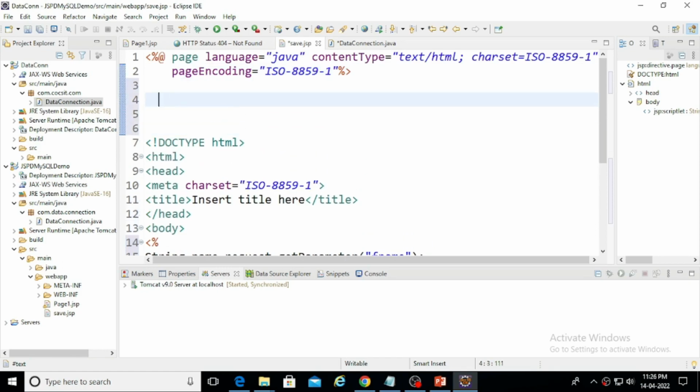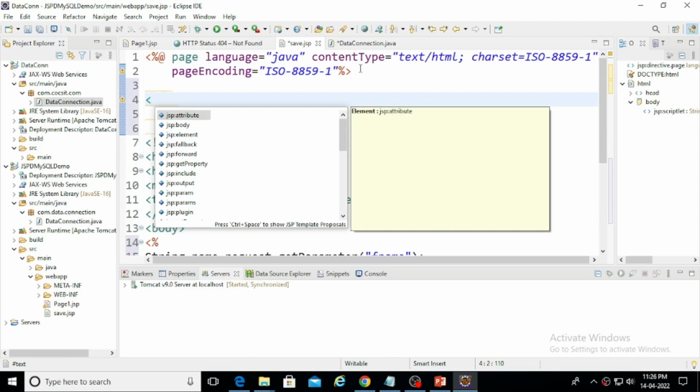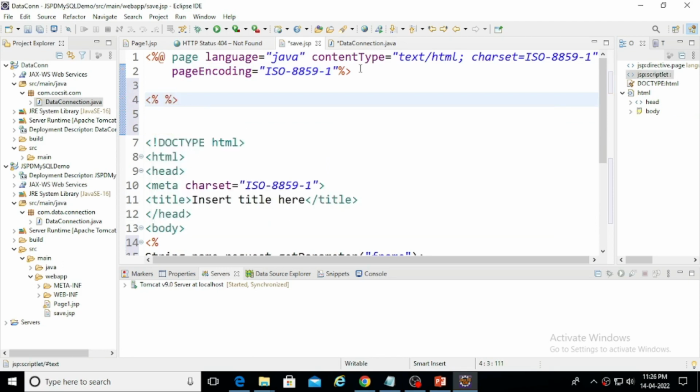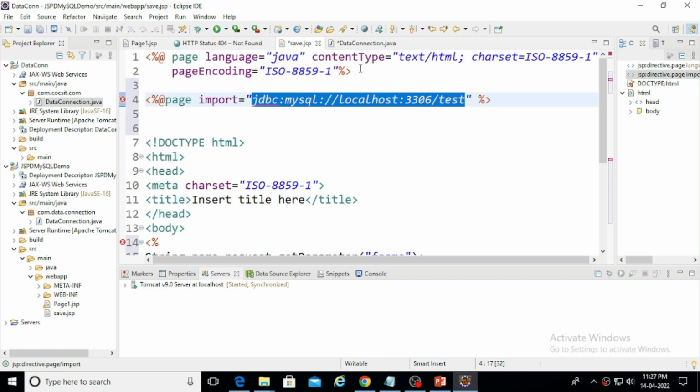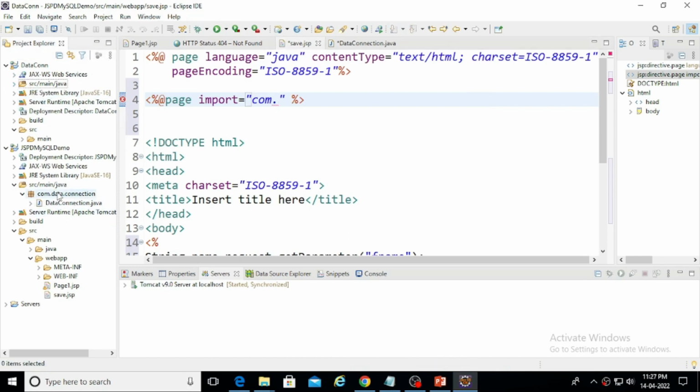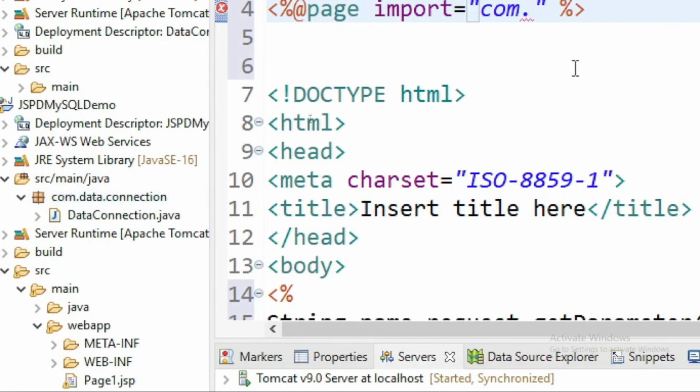To import the package in a JSP page, you have to use the delimiter tag and then @ and then page import equal to, this is the name of the package. What is the name of the package? com.data.connection